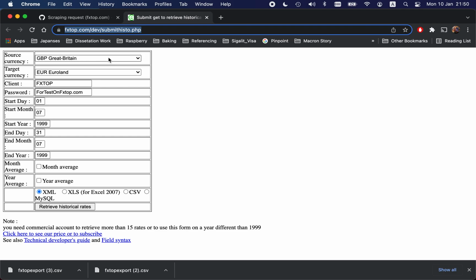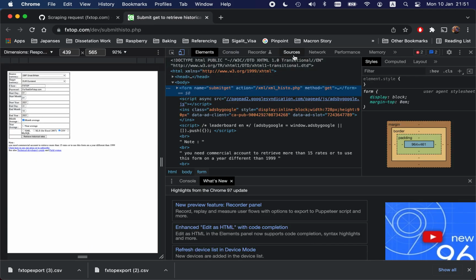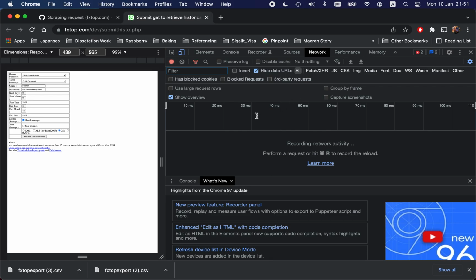The site has a selection of the source and destination currency, a range of dates, and a monthly average selection. Output format is CSV. So let's set up the site first. Let's go from January 1st, 2021 to December 31st, 2021. Monthly average, CSV, and before we hit retrieve, let's already open up the inspect panel and look at the network